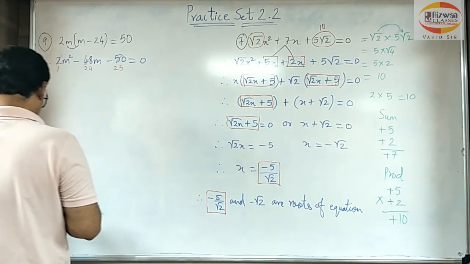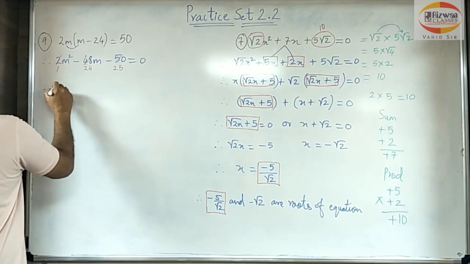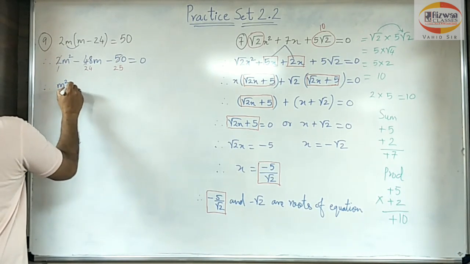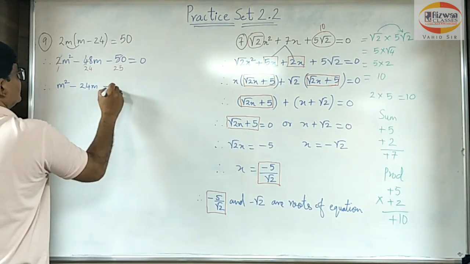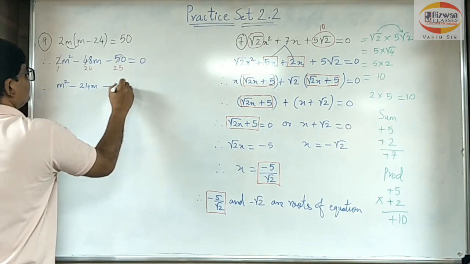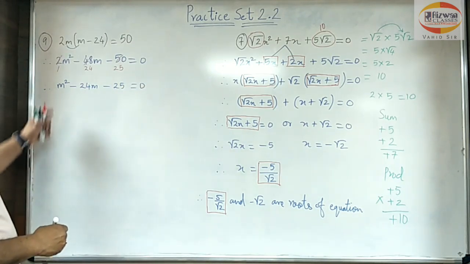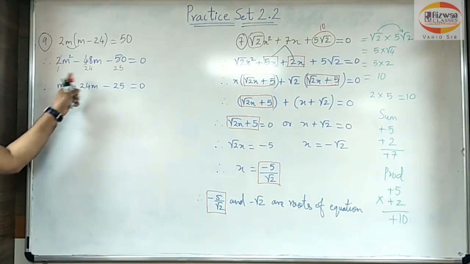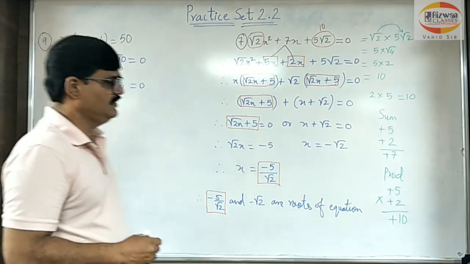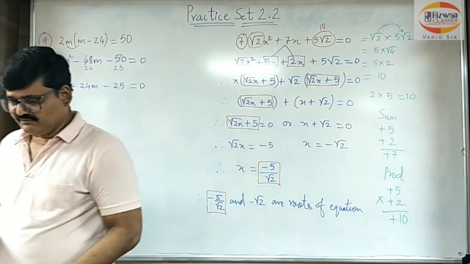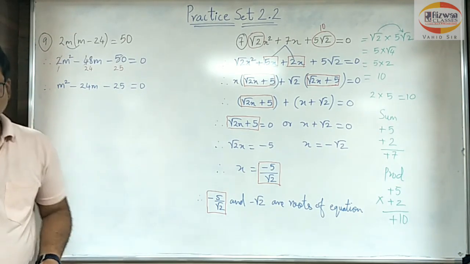Now can you see that okay, all these are going in one term? So what you will be getting, the equation over here is m square minus 24m minus 25 equals 0. And then you have to find the factors. Here you don't have to multiply the first term with the last term. Everything is getting cancelled in one term only. So after that, you have to get the factor.